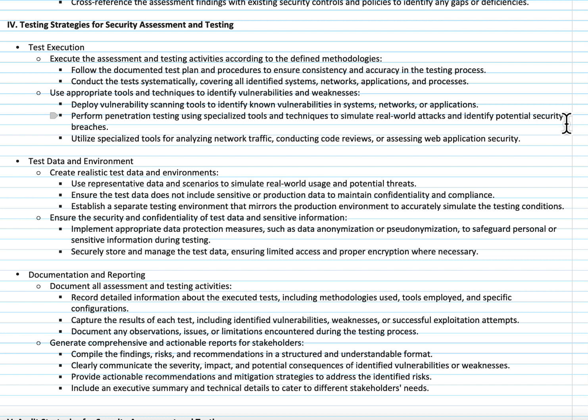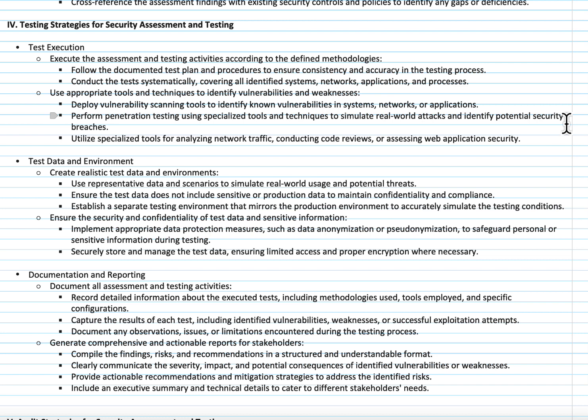Again, you need to truly understand what activities you're going to be going after. And then you need to understand what tools you are going to use to specifically go after these systems. This could include simulating: do you want to simulate a real world attack, or do you just want to do a scan of the network? Could it just be a standard TCP/IP scan where you're going out and scanning and trying to connect to devices? Are you doing an authenticated scan, or are your scans unauthenticated? You'll want to decide which way you want to go with that. What is the plan for this specific assessment?